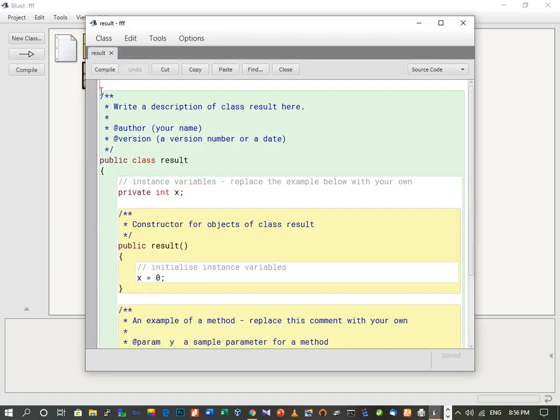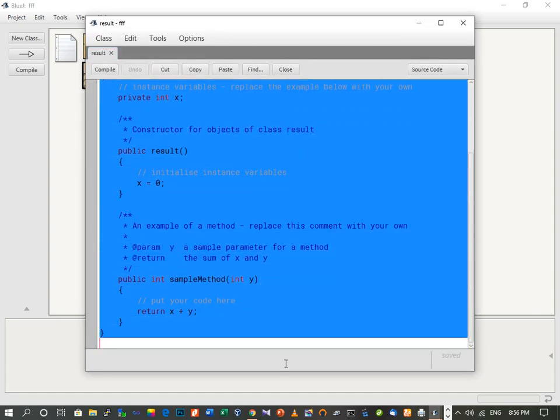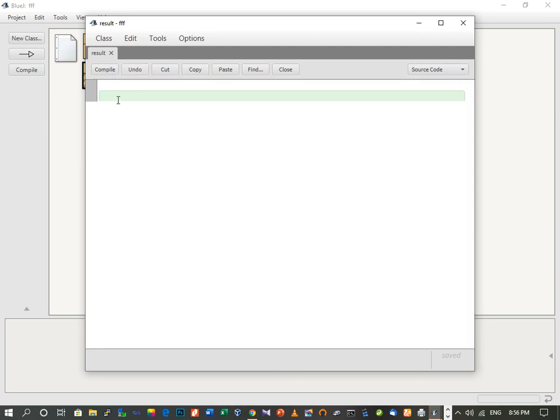We double click, we will remove this, and here we provide the comment program to display result. Here in this program, we are going to accept marks from the user, and so for that we will import scanner class into our program.